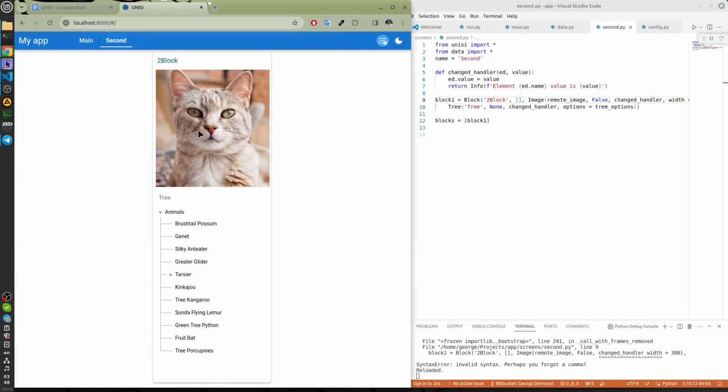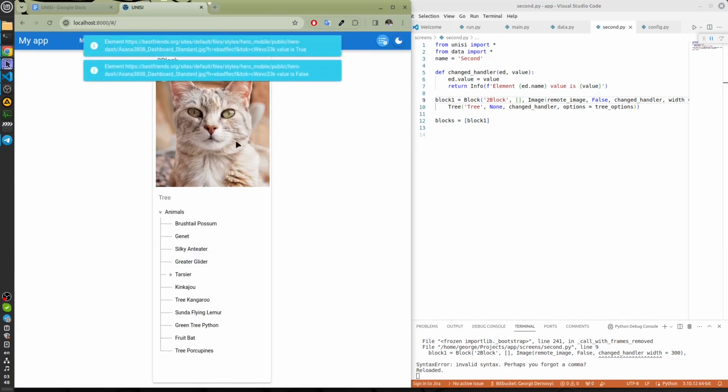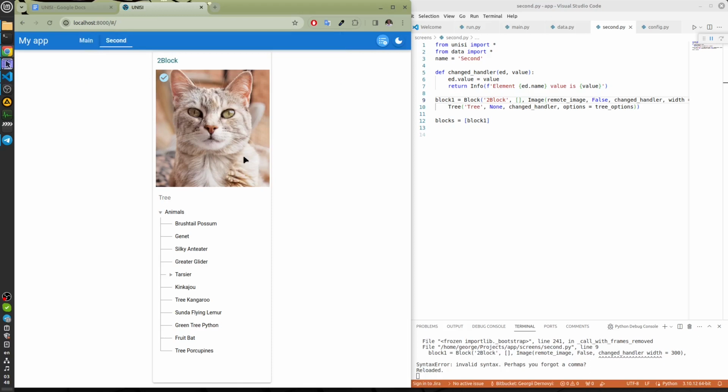Element value is false. We can select images. It is useful when we have a list of images. We can also have a list of images in blocks. We can list a lot of images, and the block will scroll them and show them with those sizes inside, what we will define them.